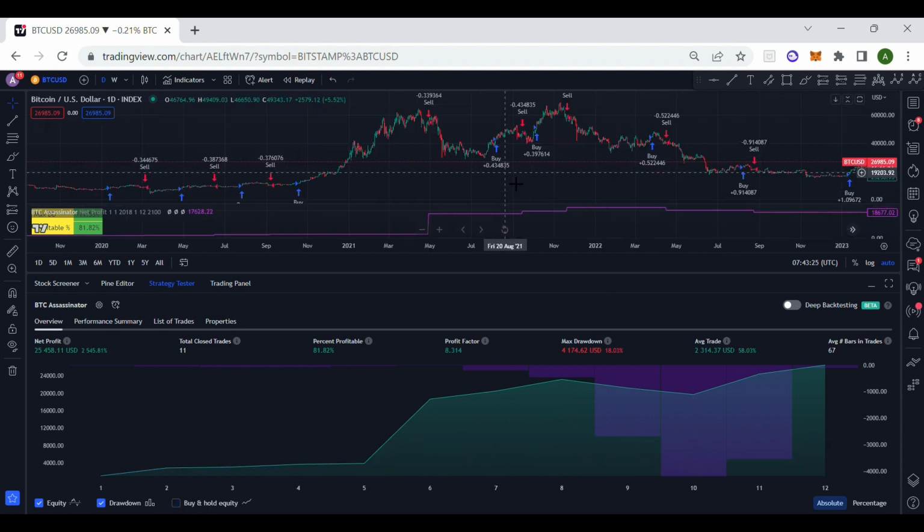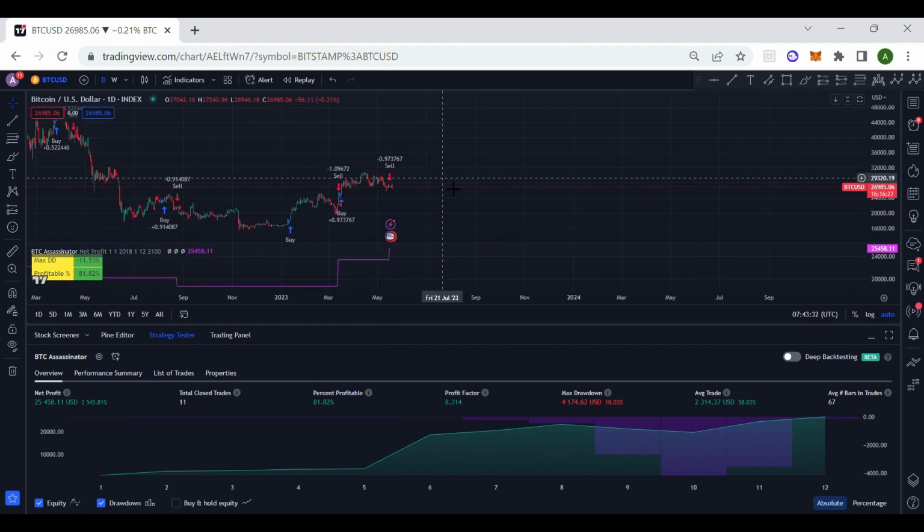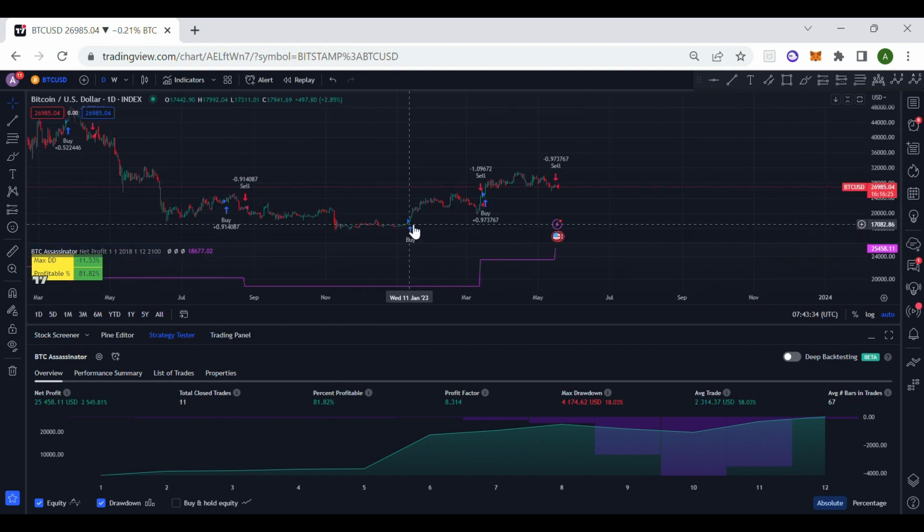What else is interesting here? So I wanted to show you the percentage profitable. This is basically how often you win versus how often you lose. So for example, this is a winning trade, right? You bought and you sold, the price went up, you were right. You bet that the price will go up and it did, and then you sold,